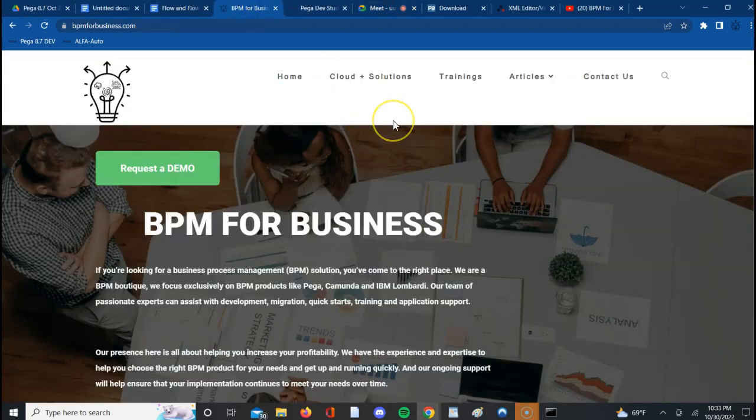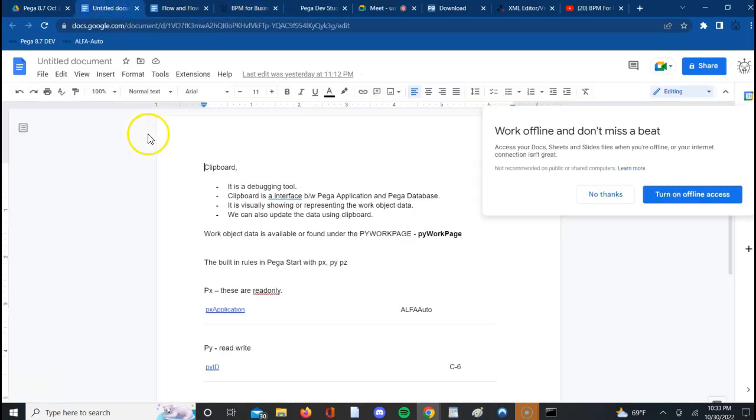Understanding from yesterday, I believe we have a clear picture about how exactly a work object is created in Pega, how it goes and sits inside a database, and how I can access that and see if that data is persisting there. That's fine. So today we are going to move one step ahead, and understand